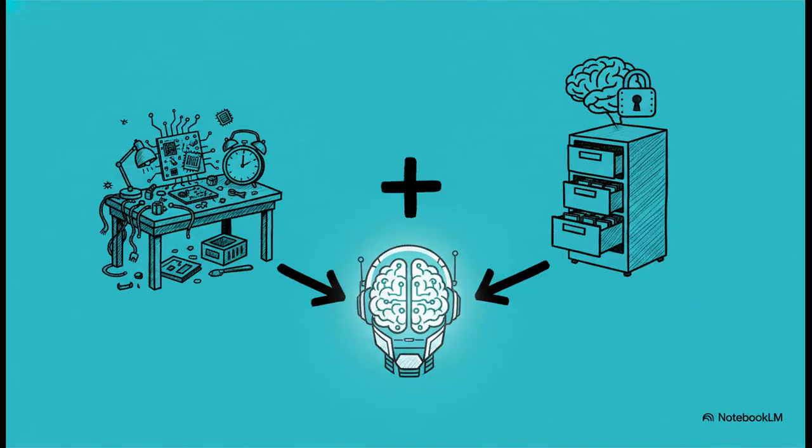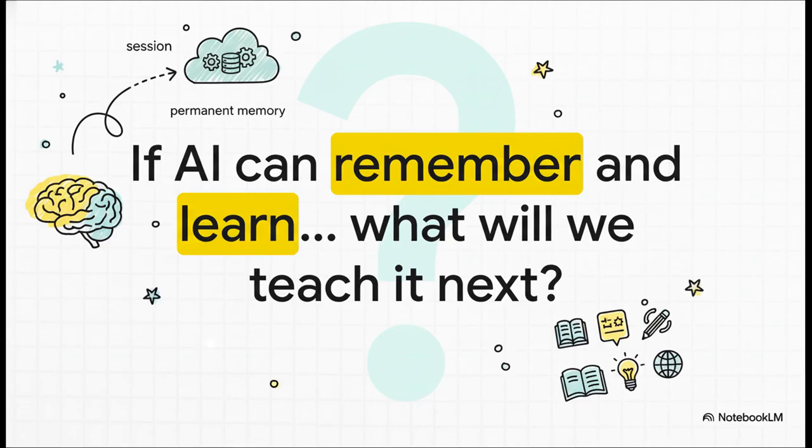So, if you want to boil it all down, it's this simple. Sessions are for the now, the immediate conversation. And memory? Well, memory is for forever. It provides that lasting knowledge. And when you bring those two things together, you finally get what we've all been waiting for, a truly intelligent, persistent AI. And that really brings us to a pretty fascinating final thought. We are right on the edge of creating AI that doesn't just respond to us, but that actually remembers, learns, and evolves with us. So the real question becomes, what are we going to teach it?